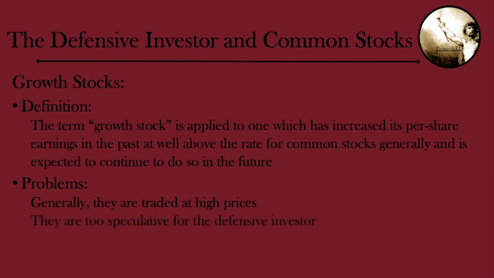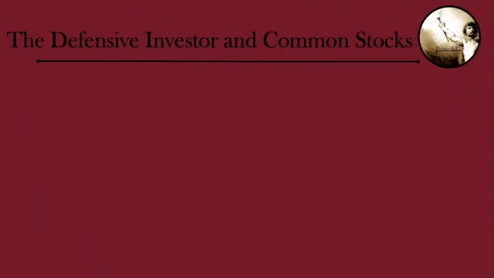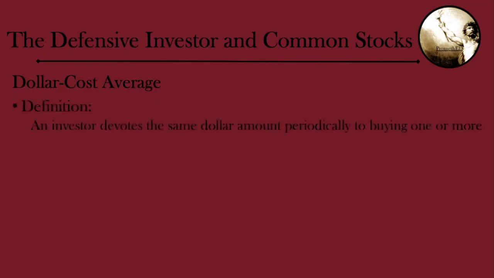And as a consequence, these kind of investments are too speculative for the defensive investor. That's why, in discussing the defensive investor strategy, Benjamin Graham suggests to refrain from investing in growth stocks. Now let's move on to another concept that is discussed in chapter 5 of The Intelligent Investor. Dollar cost averaging. So dollar cost averaging can be defined as a strategy where an investor devotes the same dollar